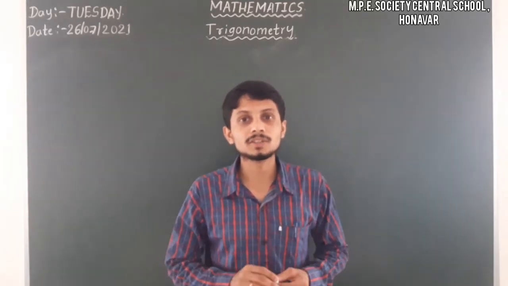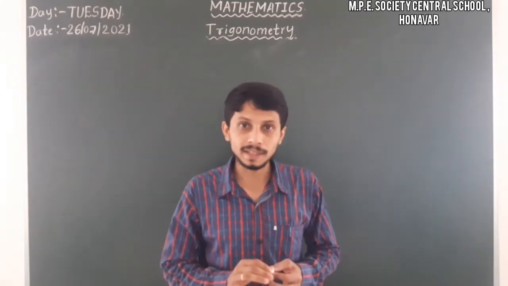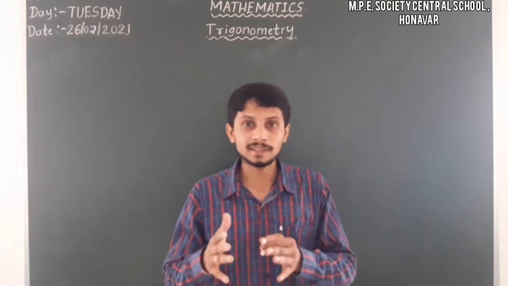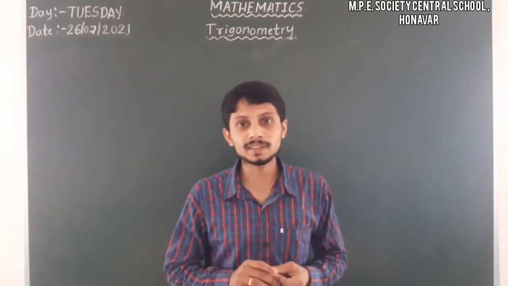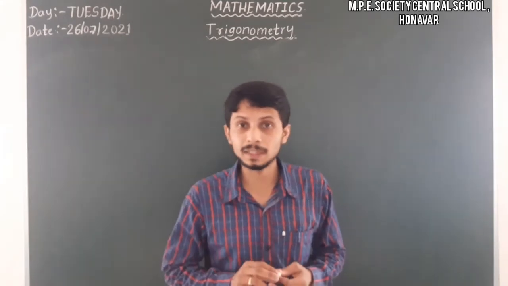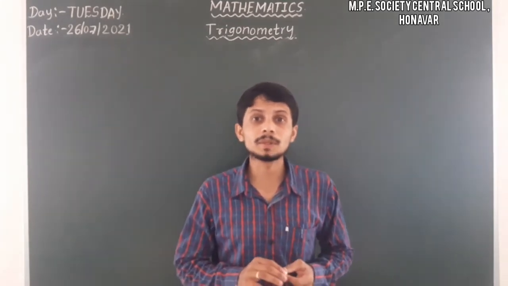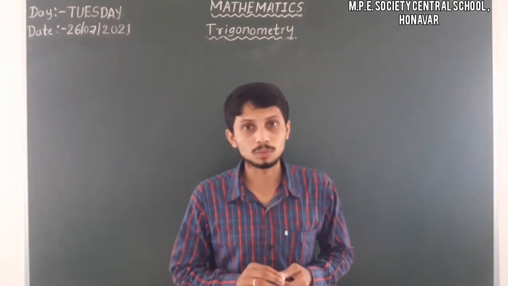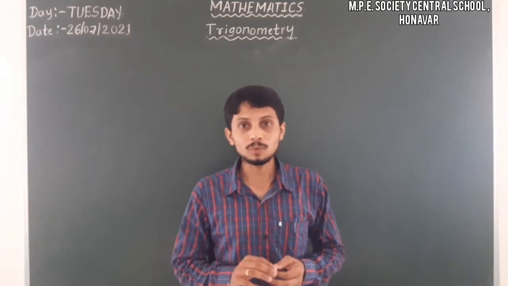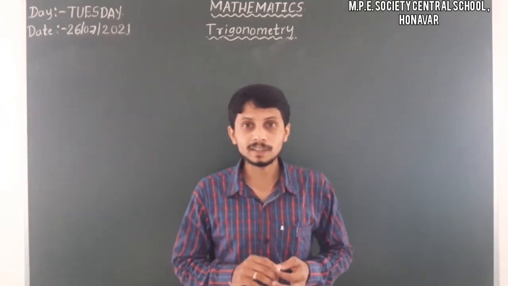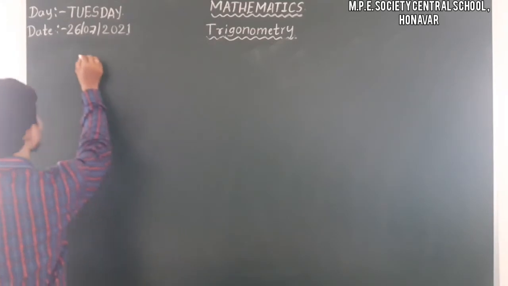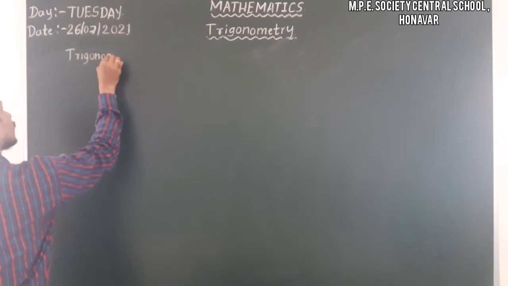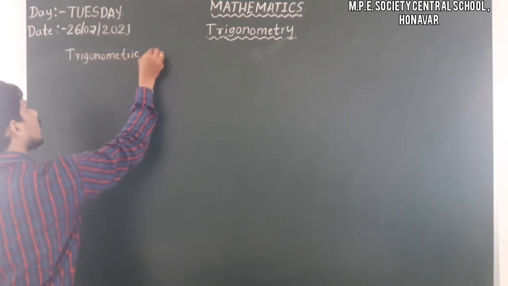I am from Annavara. Last class we discussed a topic from 10th standard, that is trigonometry. In trigonometry we already discussed trigonometric ratios and the related problems, and also the trigonometric ratios of some specific angles. We also solved some problems based on trigonometric ratios of specific angles, and techniques too. Now we have to move on to the next topic, that is trigonometric identities.